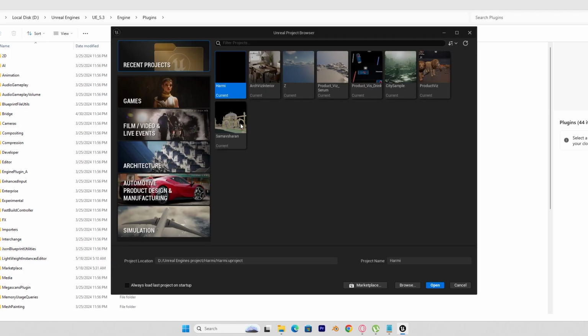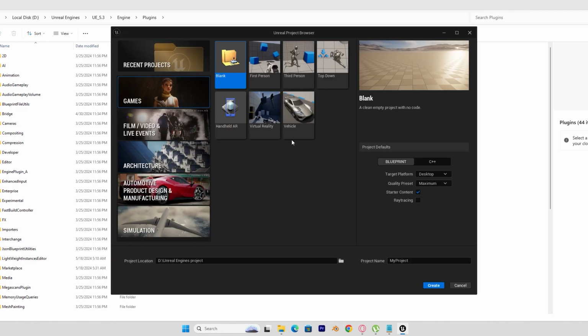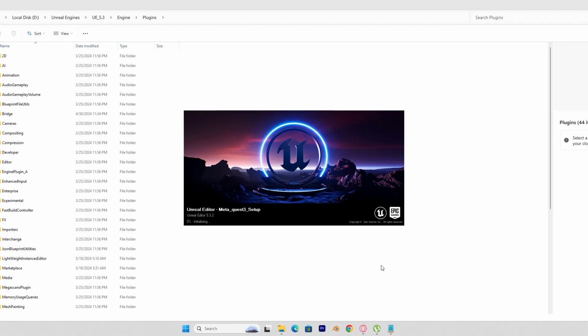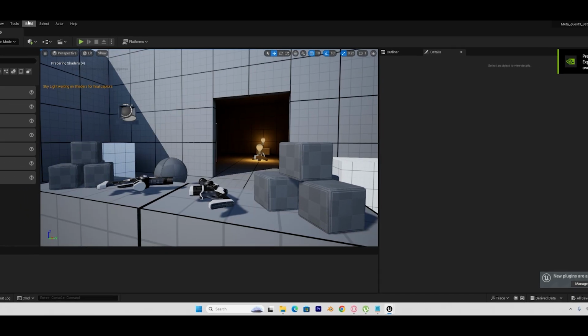Once your editor opens up, we'll need to select the VR template in games and click on starter content and rename your project and put it in the right path or directory where you want it to be saved. And click on create. This might take some time because the editor is compiling shaders for the first time, but I've already done it, so